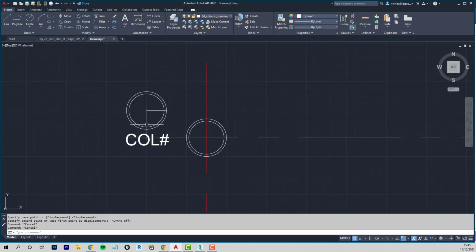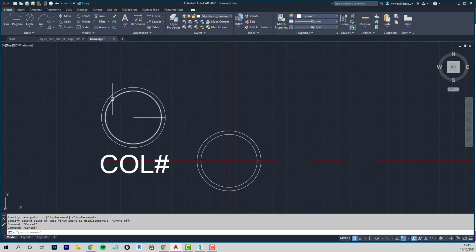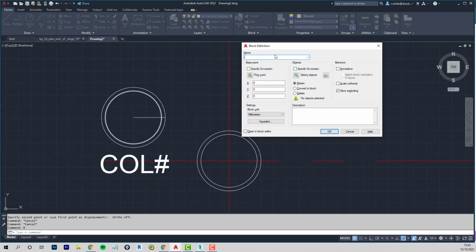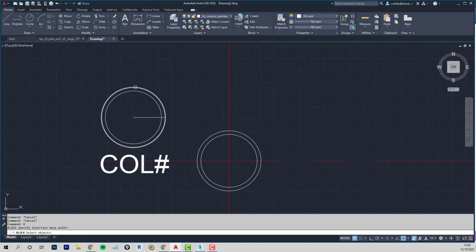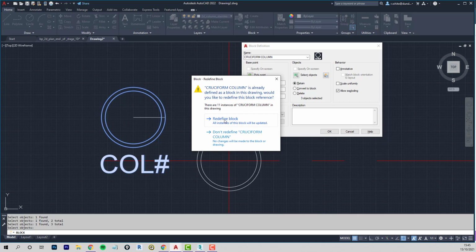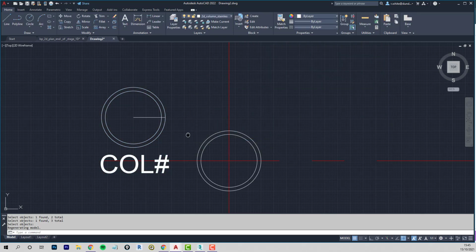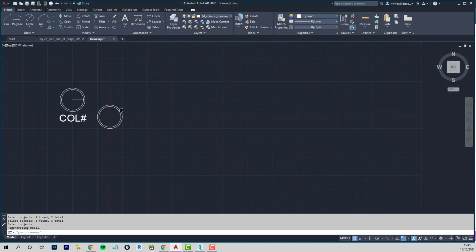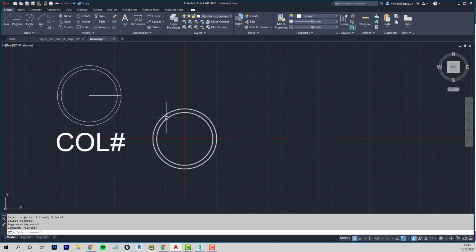Okay, so we'll remake the block. So it's block again, use the same name, pick point, same pick point. Okay, select objects, but we include the attribute this time. Enter. OK, redefine. Right, now we need to update the blocks that are already here, and that is a command called attsync,